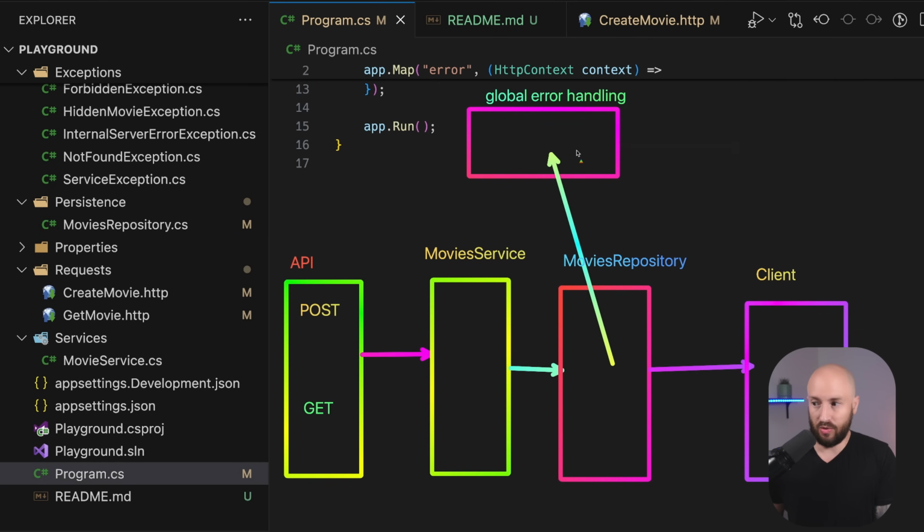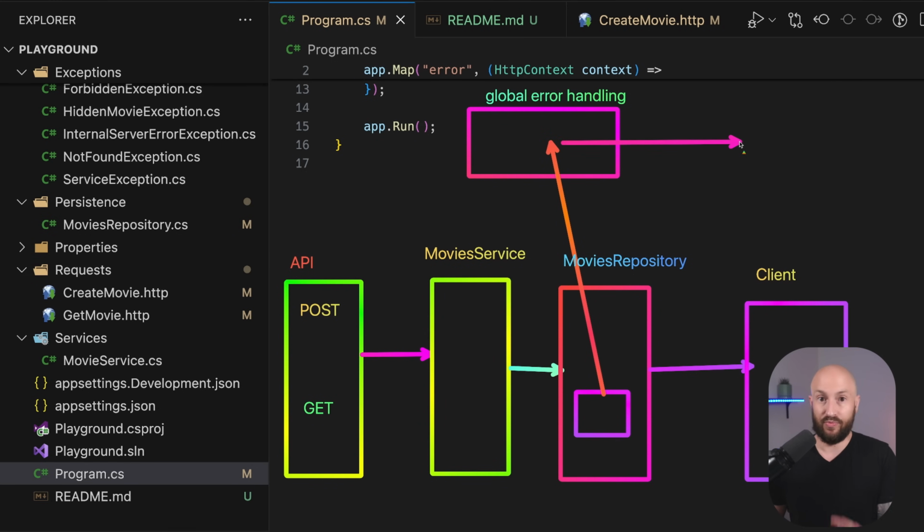Currently what we're doing is throwing an exception and that returns to the client. But what happens when we call some component in the movies repository and it throws, let's say, a not found exception? In this case, we don't want to go to the global error handling and return a 404 to the client. Instead, we want to swallow that exception and do something else.